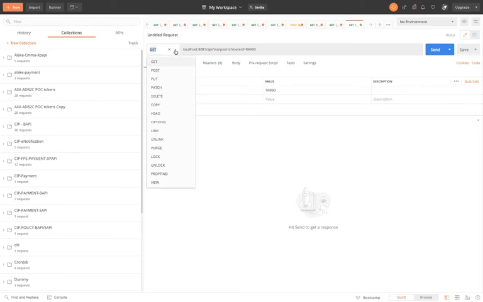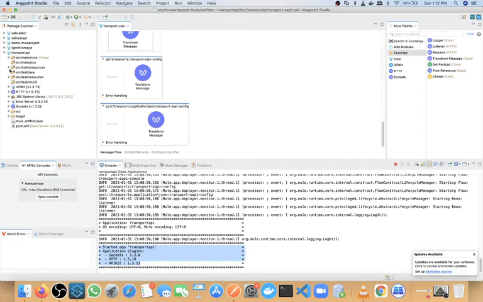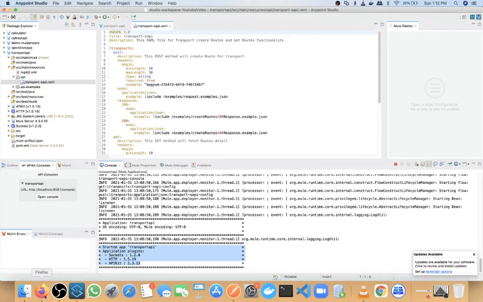Okay, so the method will be POST, then this localhost 8081, this API is the same, the transport is also the same. In this resource, we have only changed the method name. Everything else is similar. You can validate more from the YAML. Inside the resource, inside the API, you can see the YAML file, or you can see it in Design Center, wherever you are comfortable. This time we are working on this POST method.